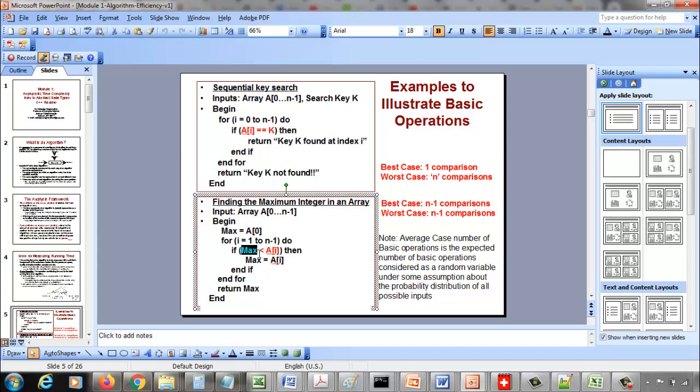So if there is any element at index I that is greater than the current value of maximum, then we assign the value of maximum to be the value of the element at index I,